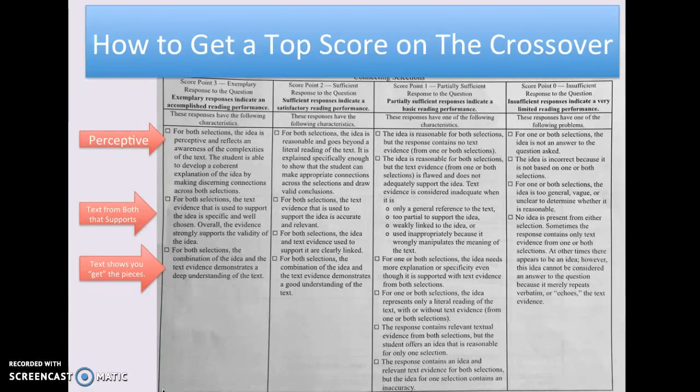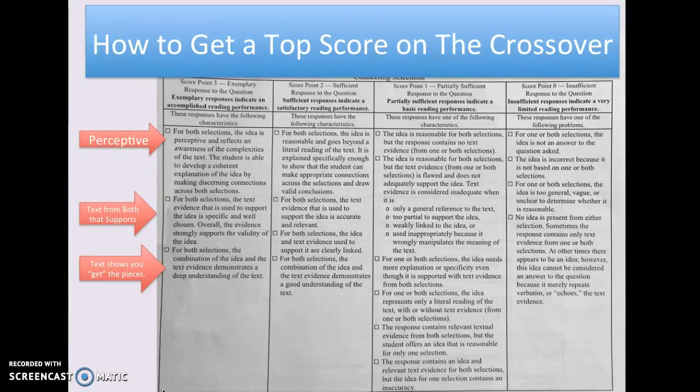both passages really well. Not just a little bit, but hey, I'm a good reader and I get this. And you answer the question to prove that, hey, I'm a good reader, I get this. And then you go back and you find textual evidence to support your awesome answer. Just make sure, again, that you're finding textual evidence that actually supports it. You can have more than one piece of textual evidence from both passages, but you are very constricted to your number of lines. You don't get a lot of space. So just keep that in mind when you're picking your evidence. But again, if you have a good answer, you should be able to find multiple pieces of evidence to support